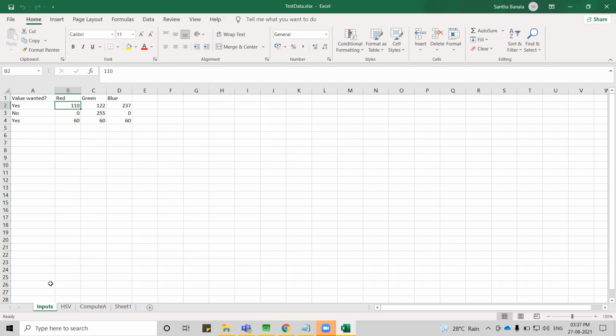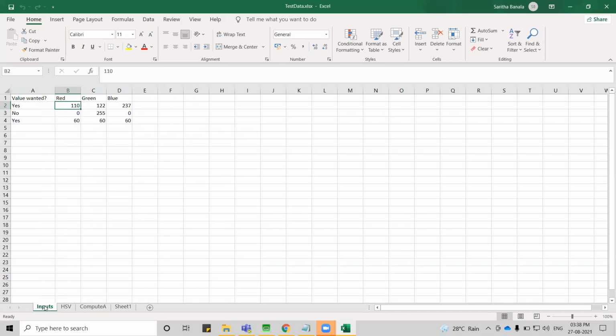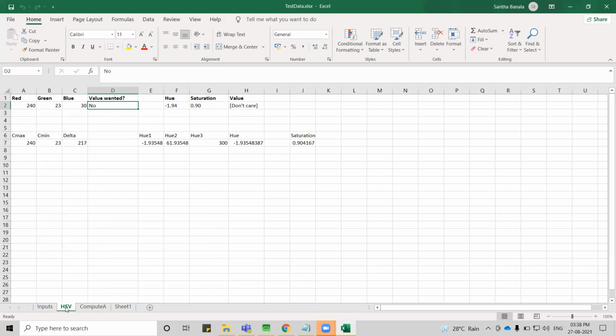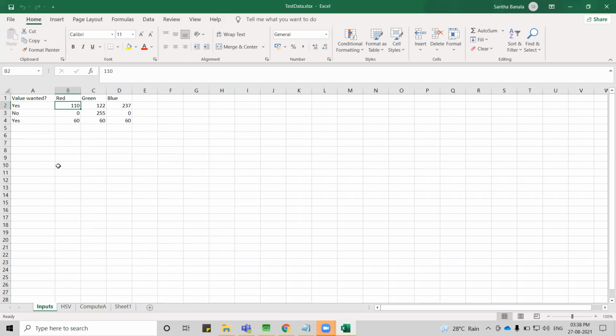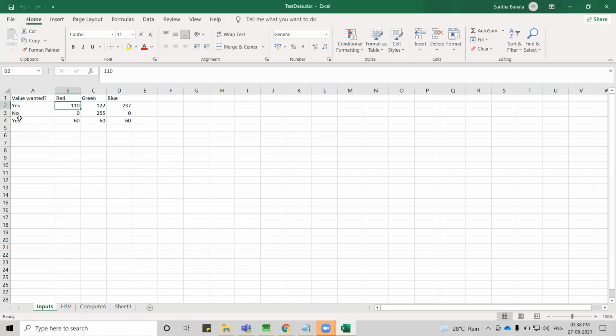So whatever the main file that you are considering. Let's say you are considering HSV as main and you are saying inputs as compute. Whatever values are there under these headers will be replaced with these values. So those values will be placed over here whenever you are generating the test cases from Conformiq. So if you are saying this as main, these values are considered as input to HSV. If you are considering HSV as main, whatever values are there in this HSV are considered as inputs to these columns.